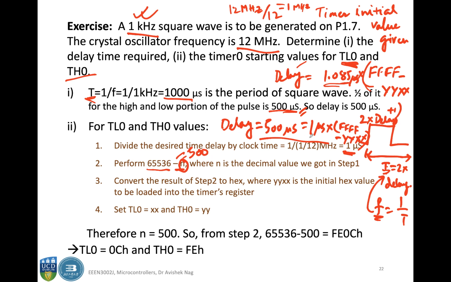That is equal to 500 microsecond. Okay, so 1 microsecond is your machine cycle delay here. So basically this number 65536 minus n has to be 500. So to make this 500, this small n has to be